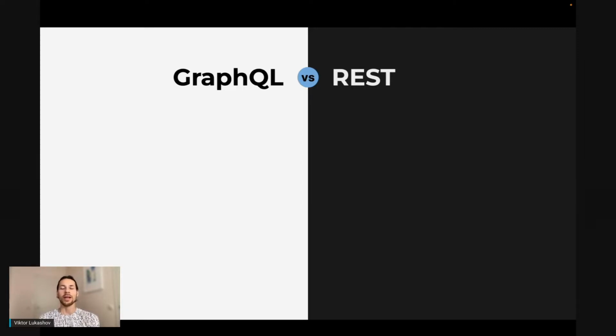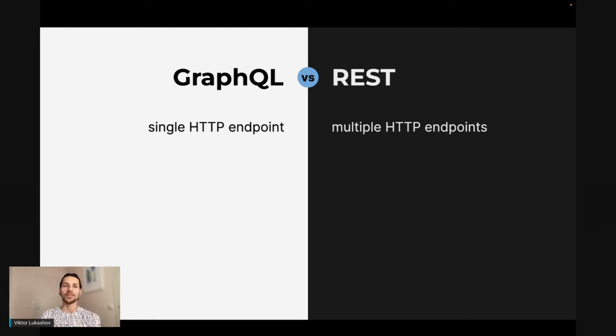Now, comparing GraphQL to the most obvious alternative, which would be REST, I've come up with a list of points here just to give you a taste of what is similar and what is different. First, if you know REST, you know that there is a lot of discussion going on. Should you use GET or POST or PUT or DELETE or which other HTTP verb, and how to create and structure your endpoints and how to map them to HTTP.